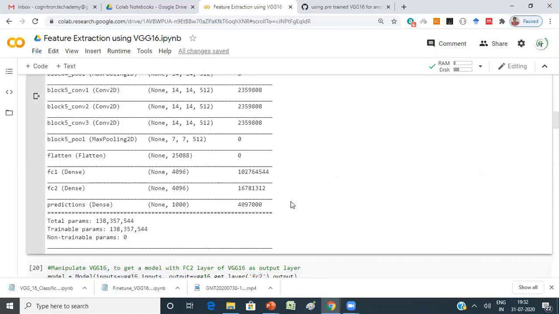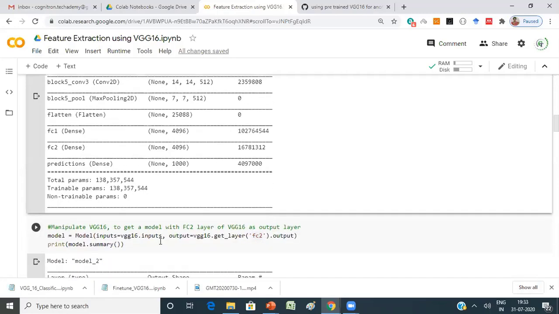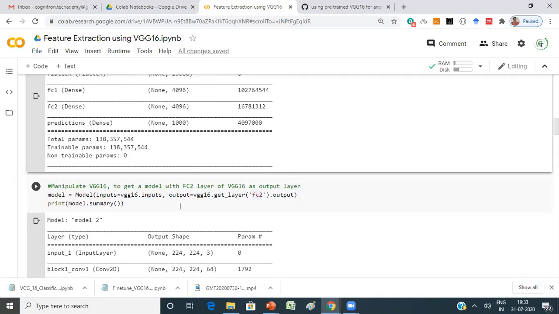The final layer is also fully connected, but it is used for producing the output class labels, so you should not extract features from it. You can extract from either of the two earlier layers, FC1 and FC2. How to extract the features, we'll see now.